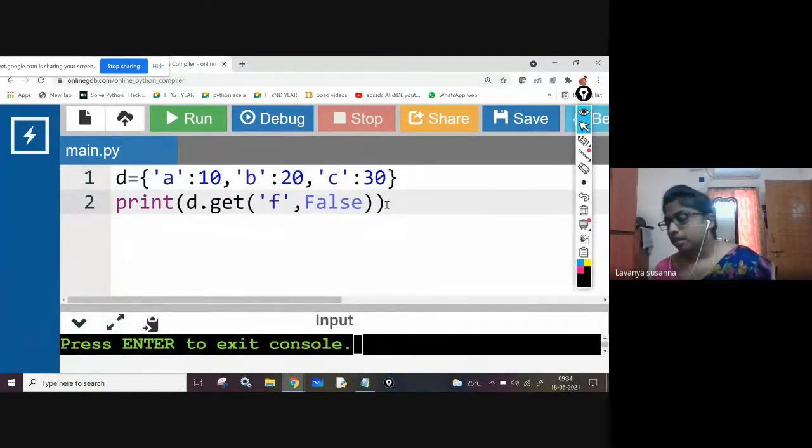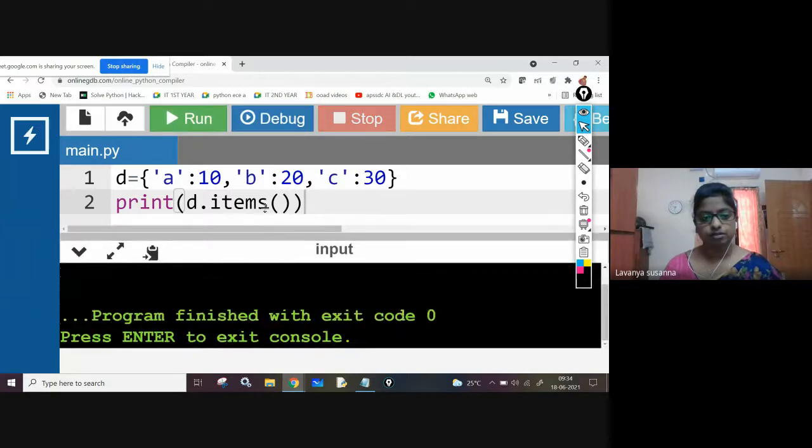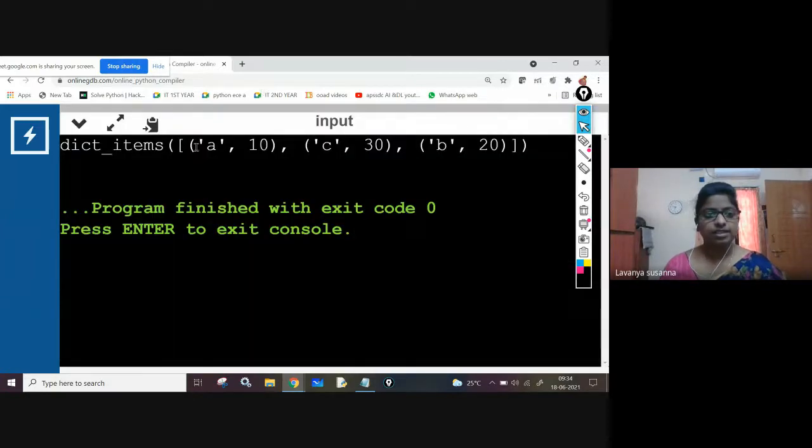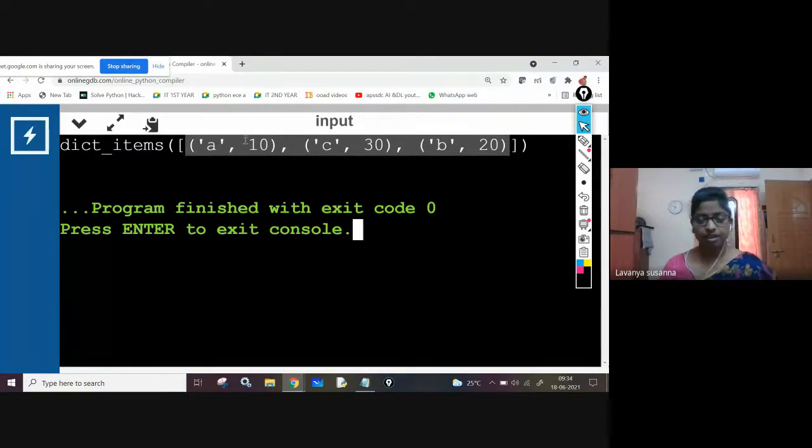Okay. Next, items. D dot items. What will this items function do? See how it is retrieving. As a tuple. Here A is a key, 10 is a value. Each key-value pair it is retrieving as a tuple.